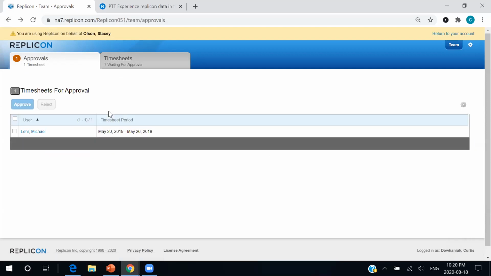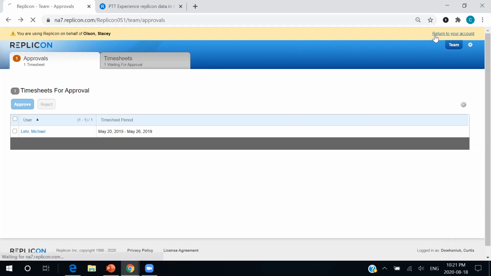But again, this speeds up the process and ensures that your data is centralized in one location, because we don't want to be sending emails back and forth or Excel spreadsheets or just tracking things manually. By having everything located in one central solution, you can ensure that, again, everything is accurate and taken care of in a succinct manner.